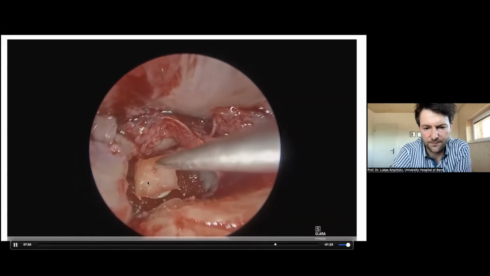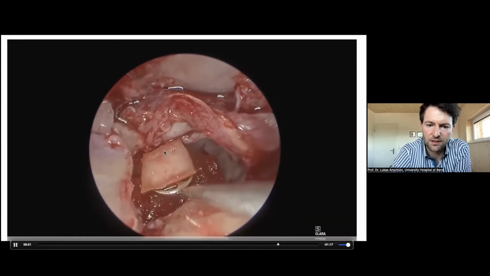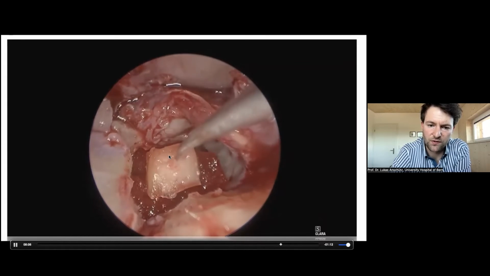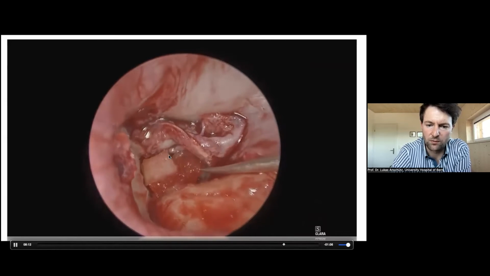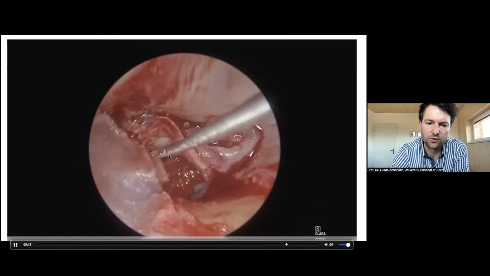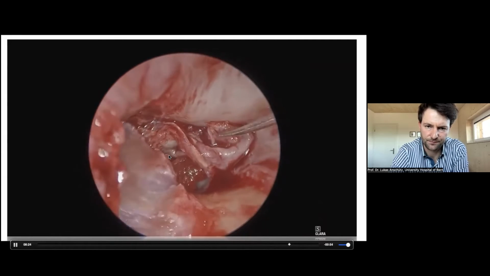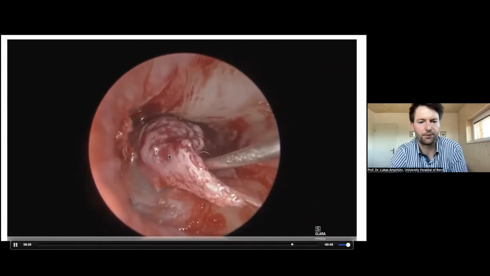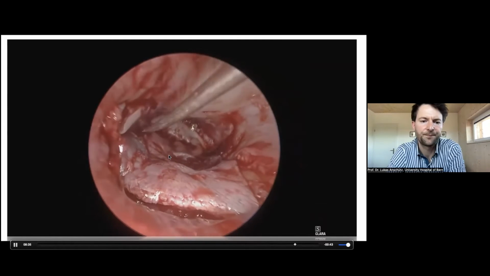Again, a little bit of gel foam and a piece of cartilage, which is in contact with the hammer to close up and cover the titanium prosthesis to avoid the extrusion. And a little last piece of gel foam, and then I put again some perichondrium to reinforce my reconstruction. And then I can put back the flap and close up the situation. You can see here the flap is really nice.